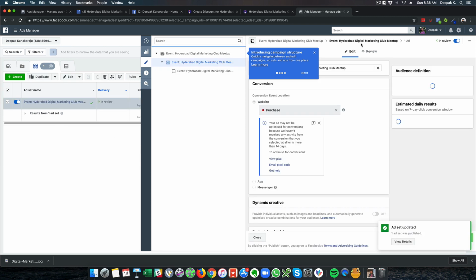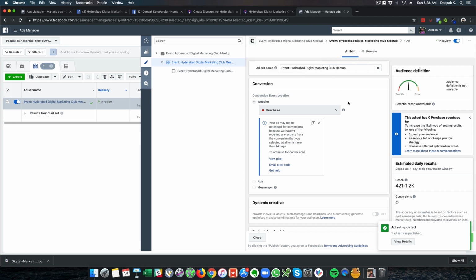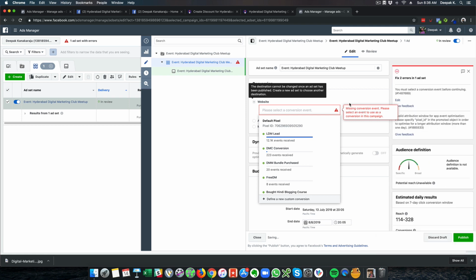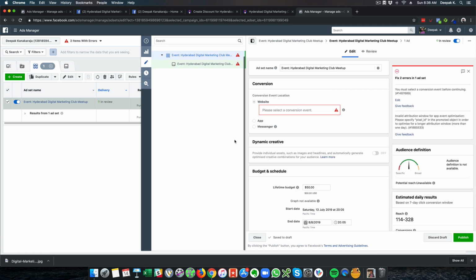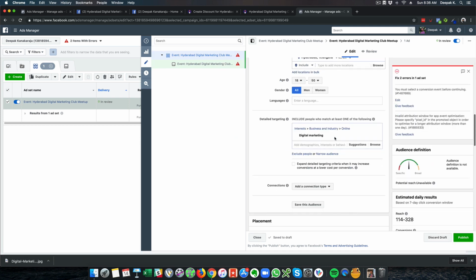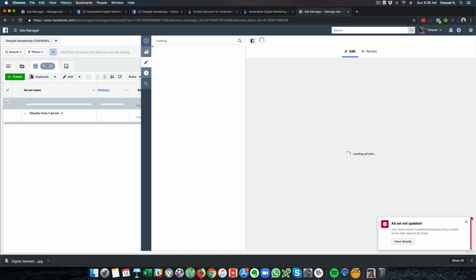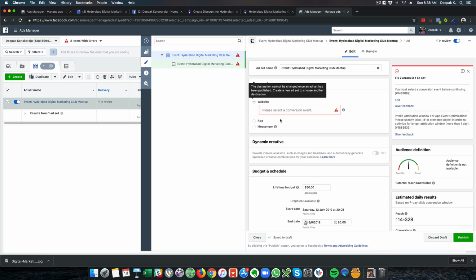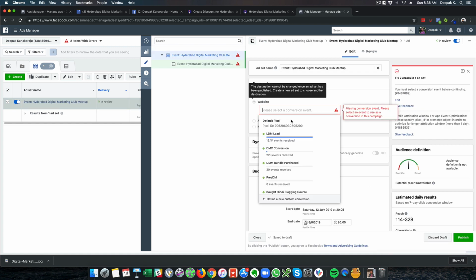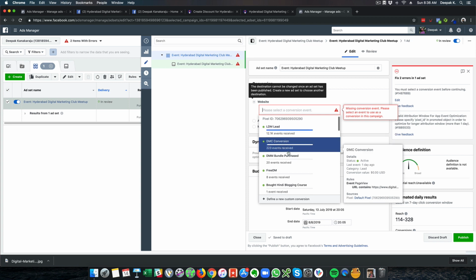We need to wait for the event ad to be approved before it starts running, and right now we are not going to have a conversion event here, so I will remove that as well. So this is the targeting we have, and this is very highly targeted. It asks me to select a conversion event, and right now we do not have a conversion event.